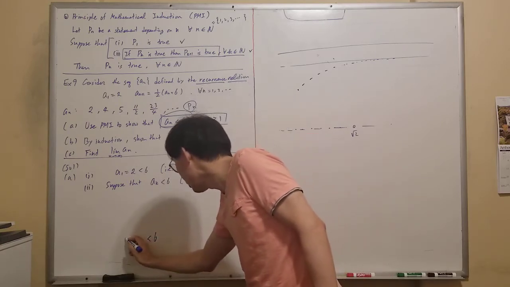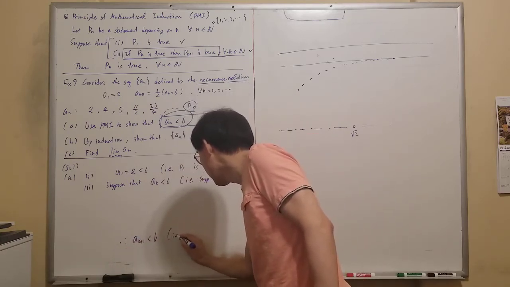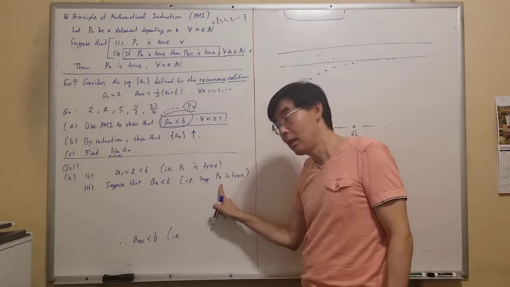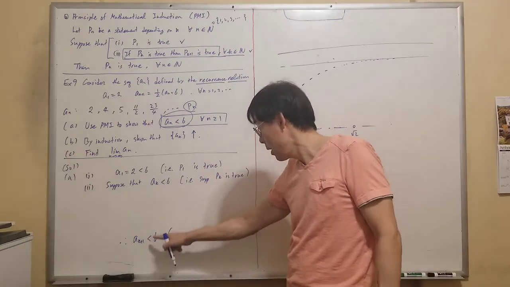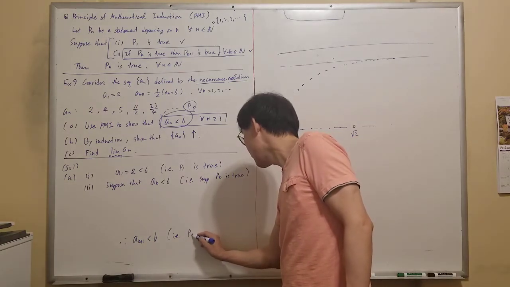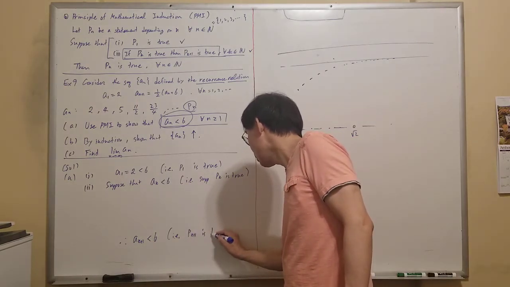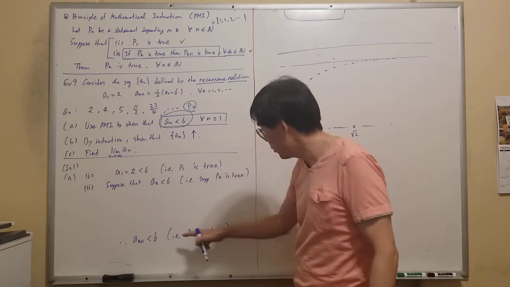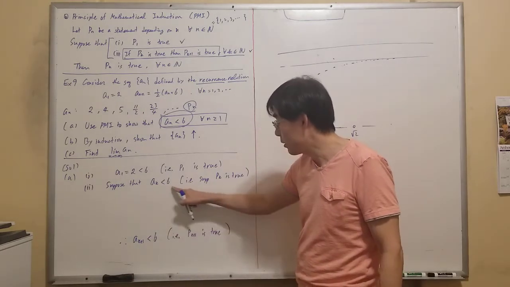We want to conclude this, that is, when we assume that Pk is true, the k-plus-first statement, Pk plus 1, is also true. Now we want to derive this from this assumption